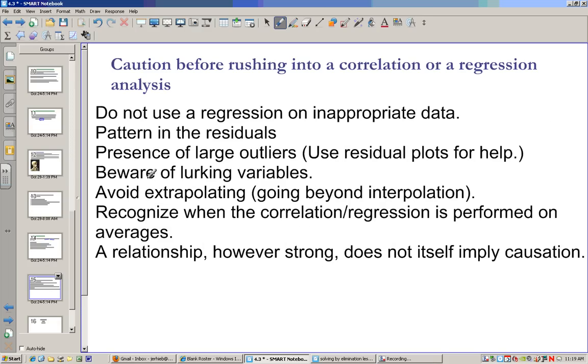All right. Now, here are some cautions before rushing into correlation and regression analysis. Do not use regression on inappropriate data, so make sure your data is making sense. Look for the pattern in the residuals. Look for the presence of large outliers and use your residual plots to help with that. Beware of your lurking variables. Avoid extrapolation. So if my data set goes from 40 to 60,